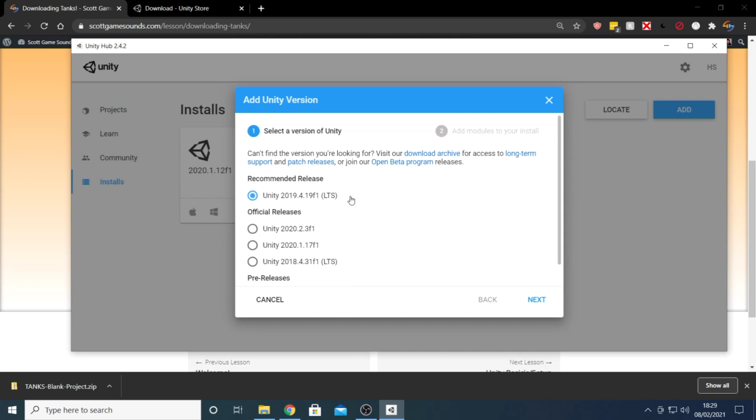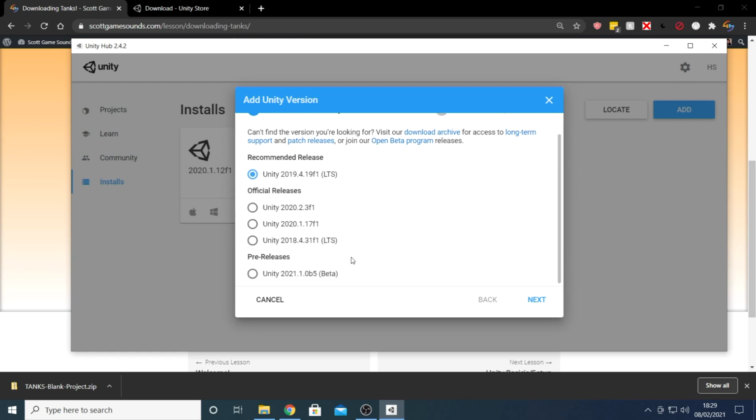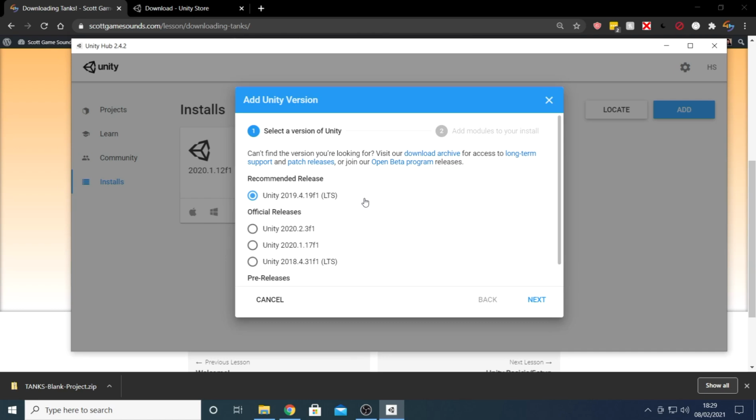The actual project we're using, Tanks, is a pretty simple one. It's not too complex and there's not a lot of features inside it, so it shouldn't really matter too much which Unity version you use. However, if you do find that whilst opening up the Tanks project for the first time, you have some issues, some bugs, or Unity gives you some errors, feel free to email me or message me in Discord, and I'll